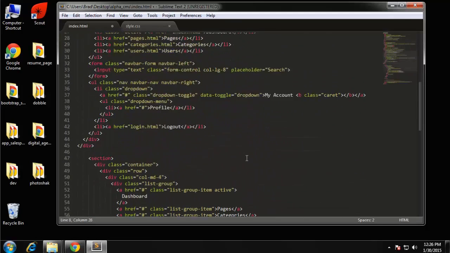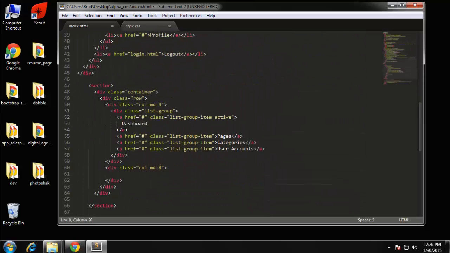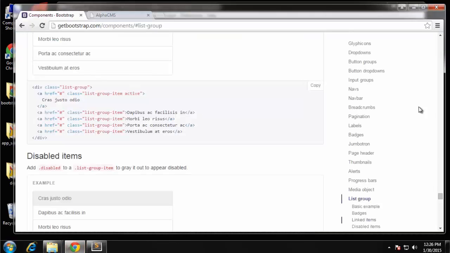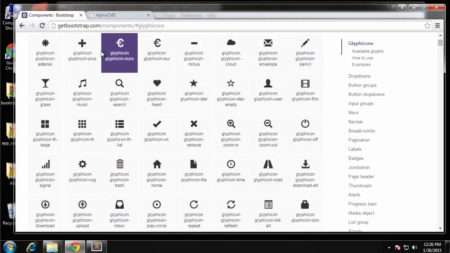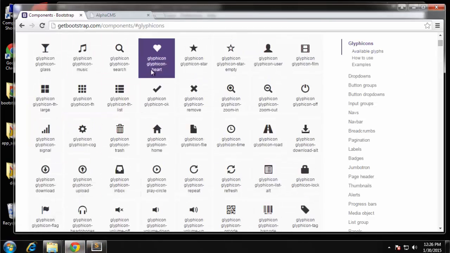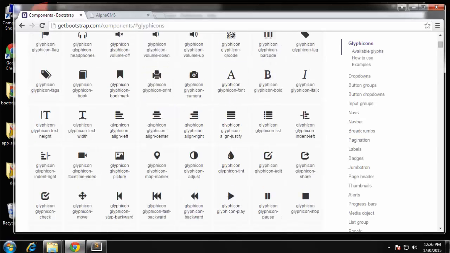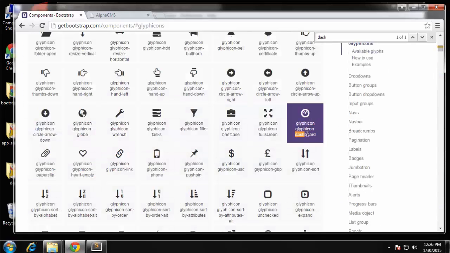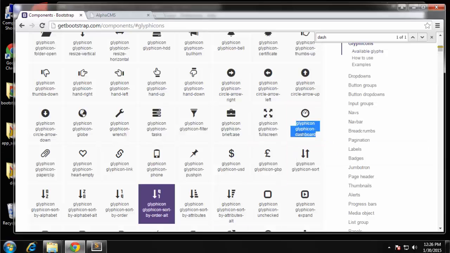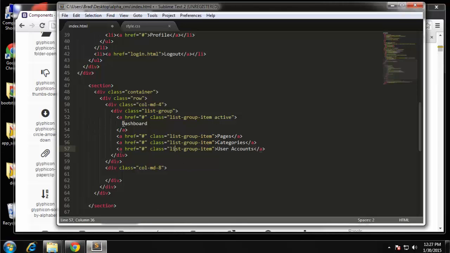Okay, now I also want to use icons in the sidebar. So if we go to Get Bootstrap, we want our glyphicons. Okay, so we have a dashboard. I actually think there's an icon for a dashboard. Yeah, right here. So I'll grab that class. And what we're going to do is put it right here in an I tag. Okay, make sure you put a space after it. Okay, and then the next one